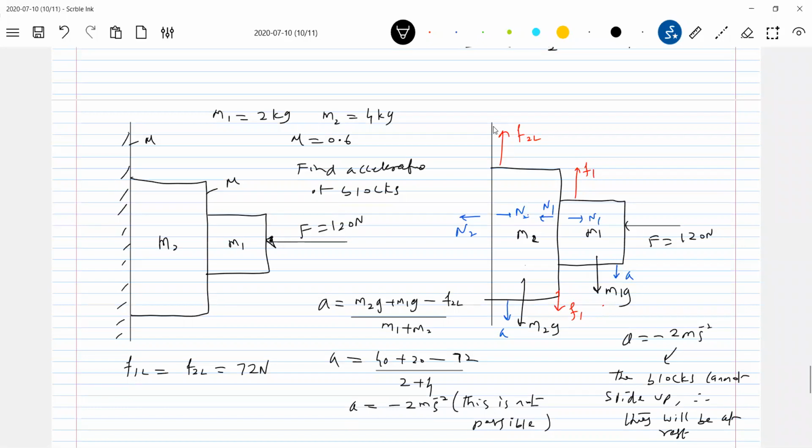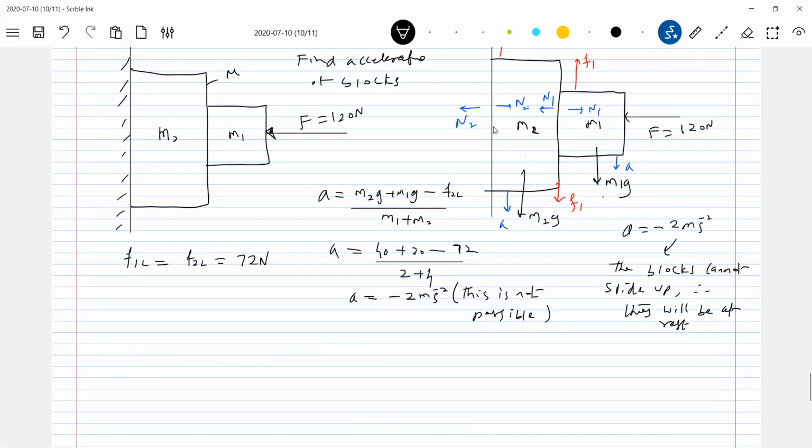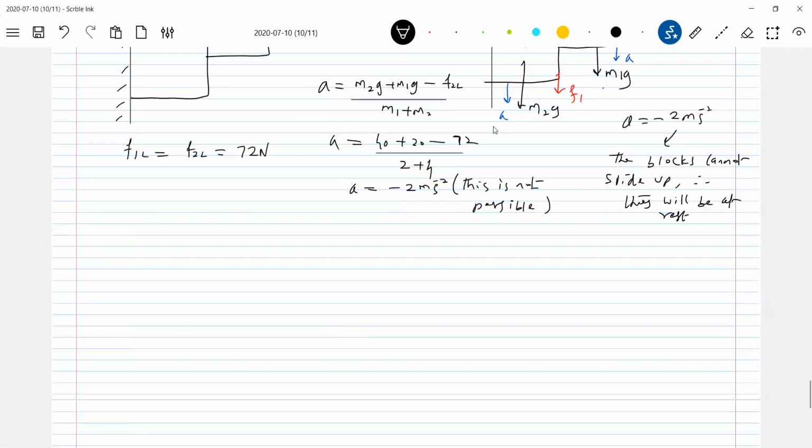I think this is wrong, no? So what will be assumed? Wrong assumption. So what I should do is make a correction. So what is the correction now? What is the actual diagram? Finally, what happens?